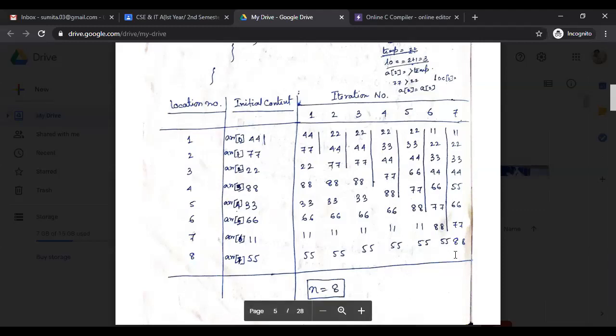So after inserting a new element, you compare the new element with your existing elements and arrange them in ascending order using some swapping logic. That's why this is called insertion sort, nothing else.